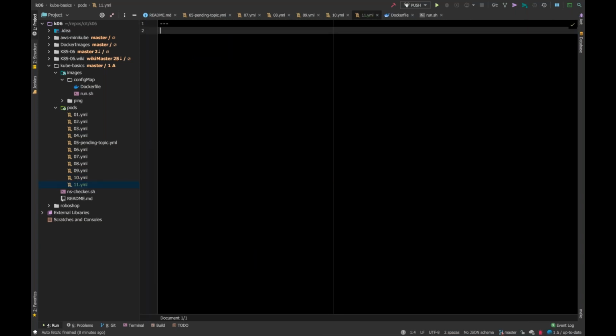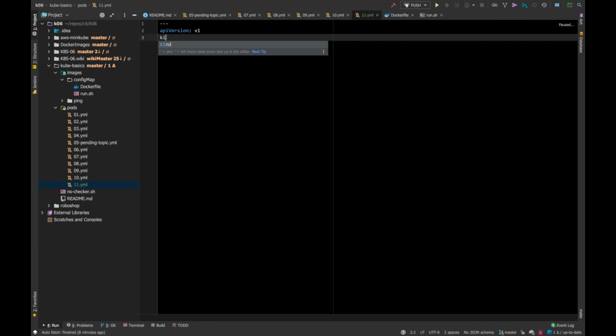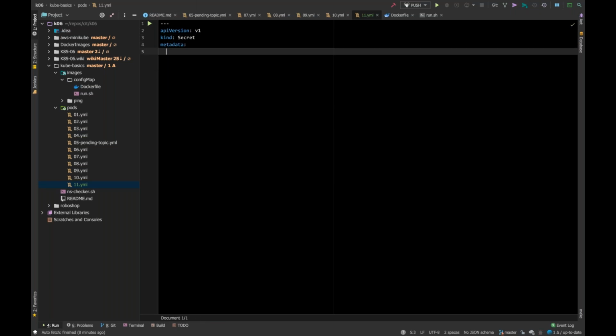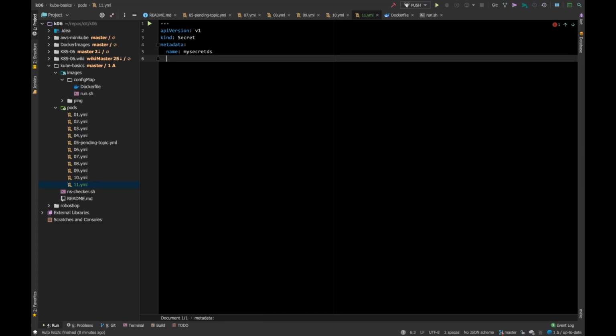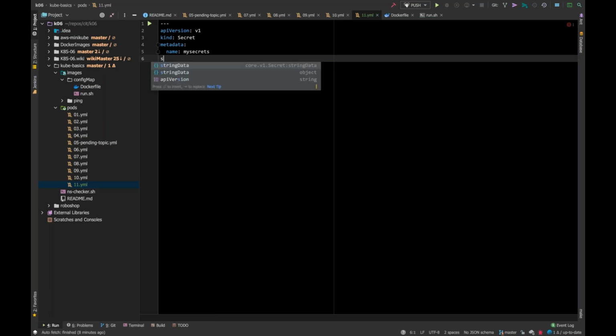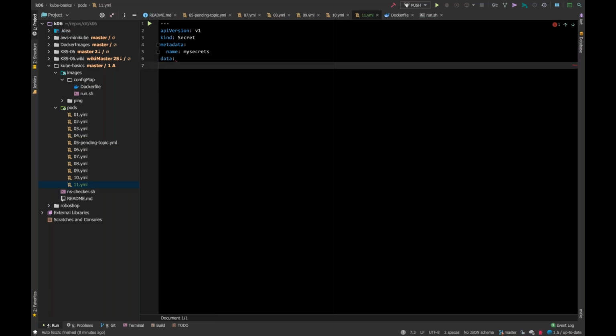Okay, let's go with the secret. Now API version is v1. Now kind goes as a secret, and metadata goes as name is my secret something. Okay, and now here also data, nothing more than that. So let's say db underscore password is something like abcd1234, but you cannot actually hard code